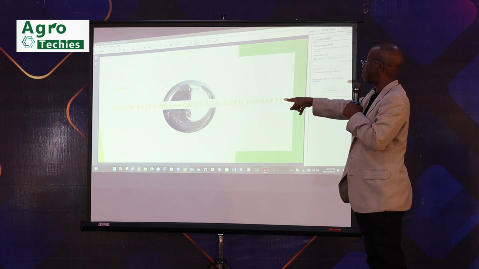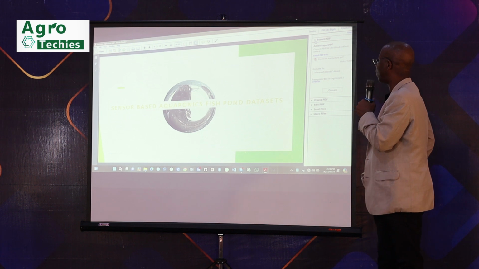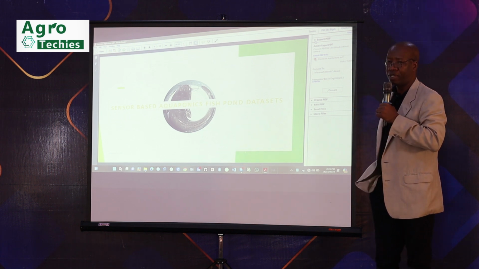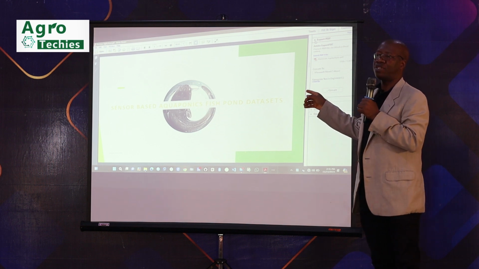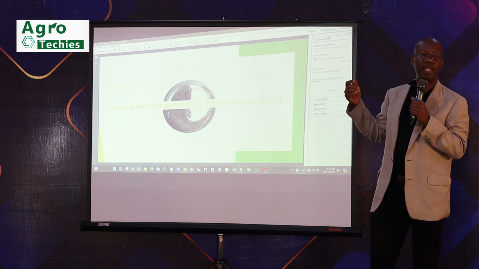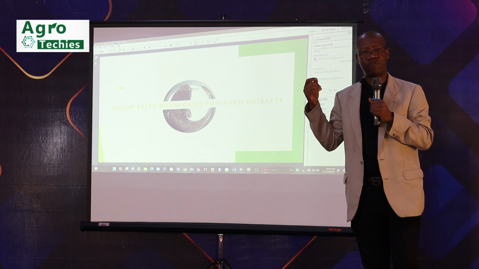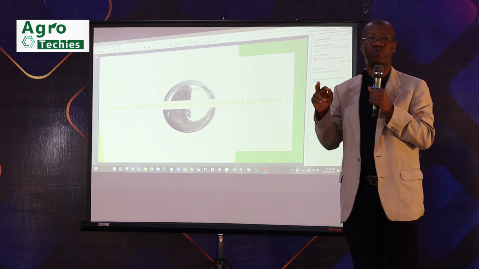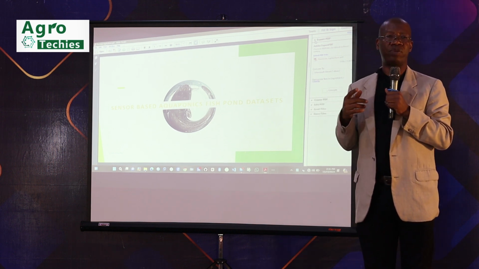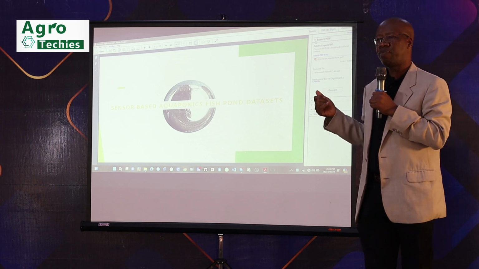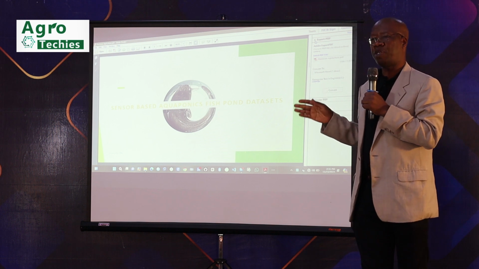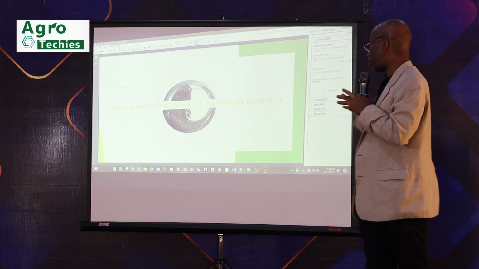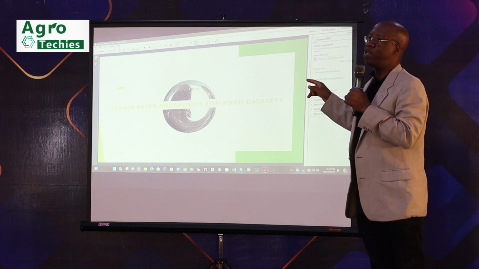So, the first use case is called sensor-based aquaponics fish pond dataset use case. Now, in this case, we had a research, in fact, we had two different research funds. One from Lacuna Fund, USA, and one from TED Fund, Nigeria. We had two separate projects, which I'm going to describe. So we built,